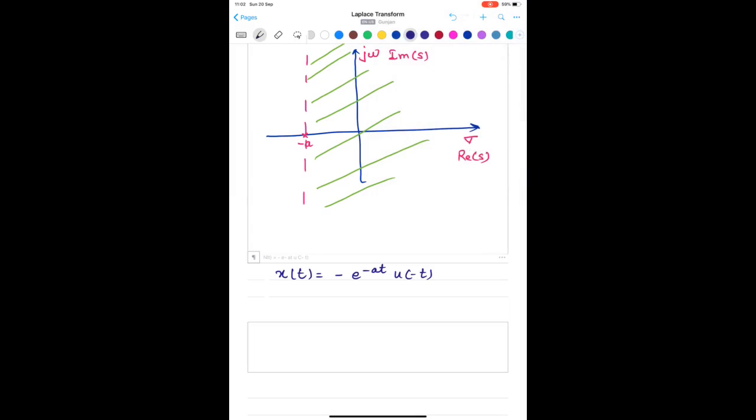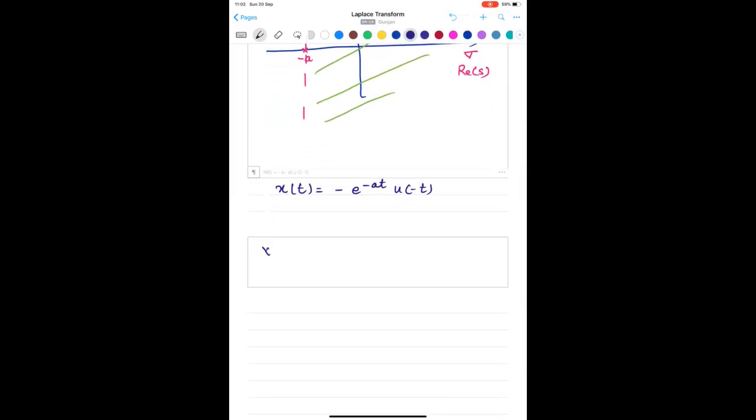Then X of s will be equal to minus, now I'm taking it directly. u(t) is defined from 0 to infinity. u of minus t will be defined from 0 to minus infinity. So it will be minus infinity to 0, e raised to the power minus at,